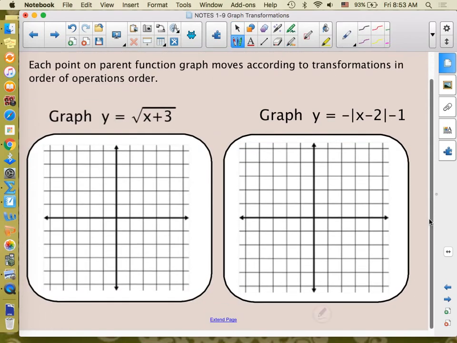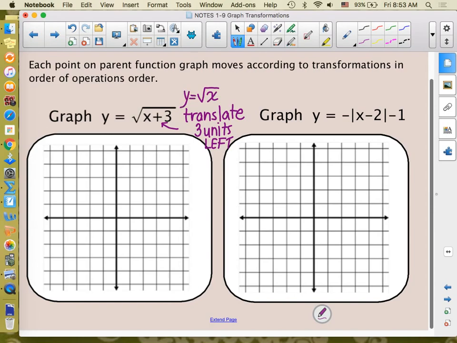On this first one, it would like us to graph y equals the function, the square root of x plus 3. That x plus 3 occurs inside my square root function, so therefore it's an inside function one. That's still a translation, but we're going to be translating the entire graph 3 units to the left. So we're going to take our regular square root graph, and we're going to translate every single point 3 units